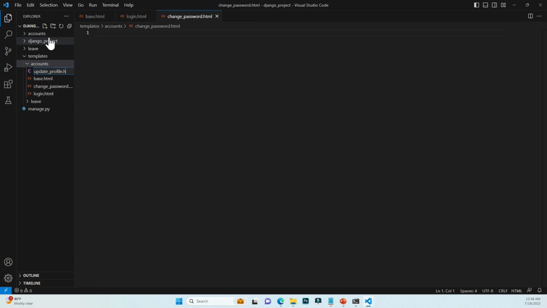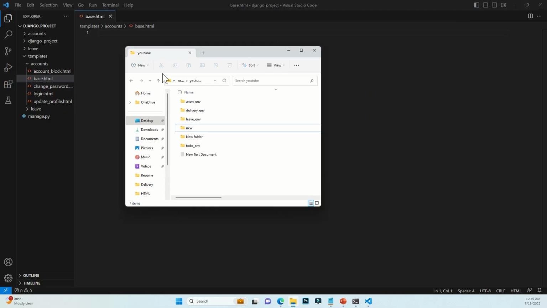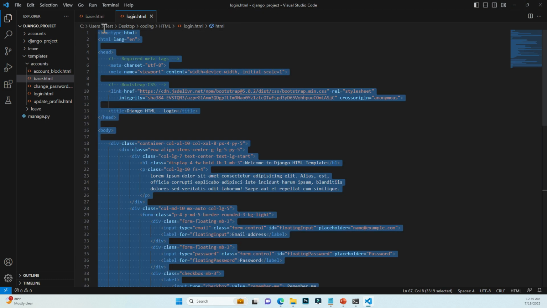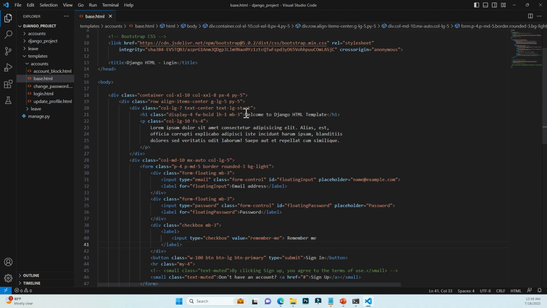Update profile.html. And also going to do account block.html. All right. So since we're done with this, let me just minimize this to base.html. Let's just take login here, copy everything, paste in base, right? Makes sense. So come over here and then we're just going to do